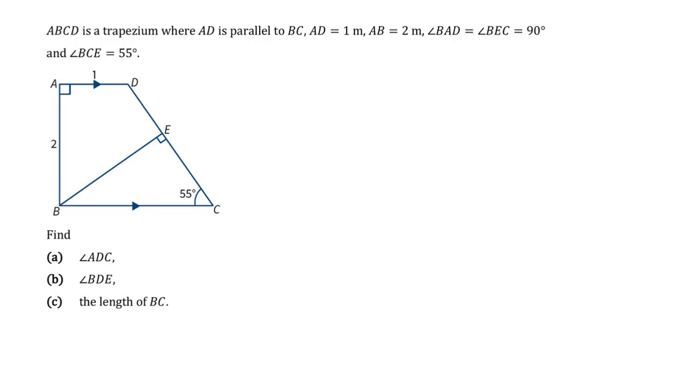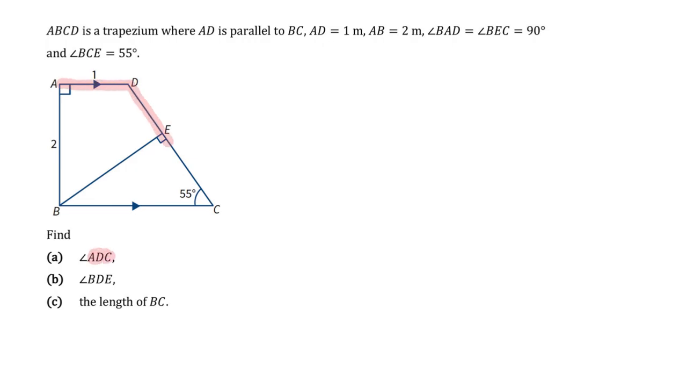We have a pair of parallel lines as shown. AD is parallel to BC. The following information is given: AD is 1 meter, AB is 2 meters, angle BAD and angle BEC are 90 degrees, and angle BCE is 55 degrees. For the first question,